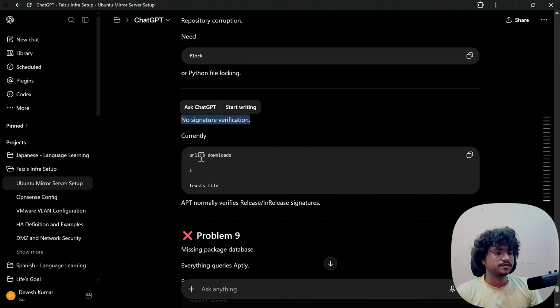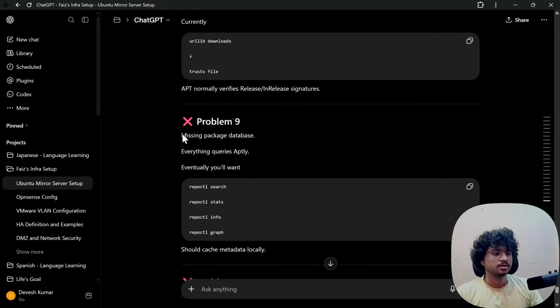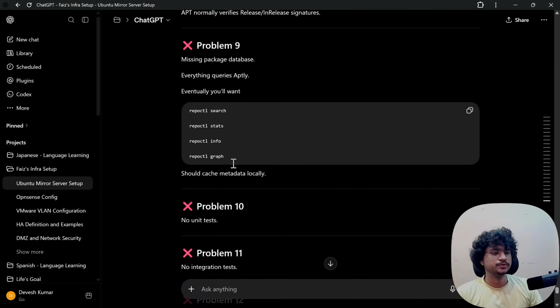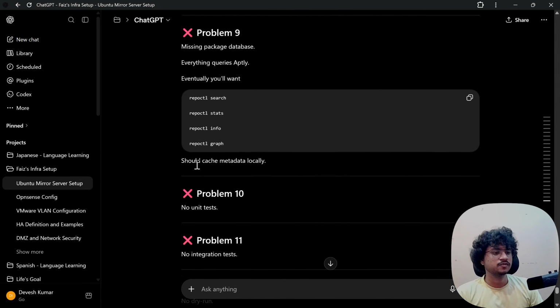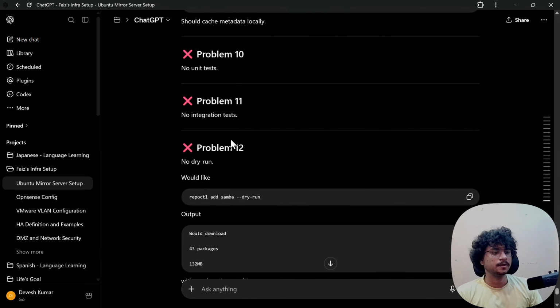No signature verification. Missing package database. Everything requires apt-tree. Eventually you will want search, stats, info, graph, so it should cache the data locally.